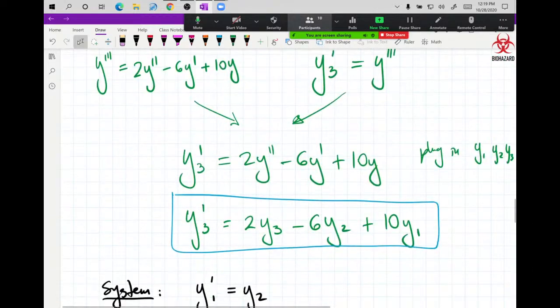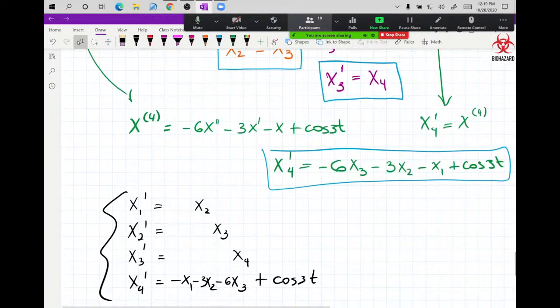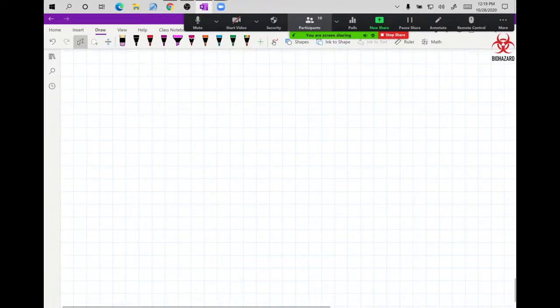So now we have examples for the second, third, and fourth order ODE converted into a system. You are welcome to go back in the video as many times as you need to come up with all of these systems. Now, there's only one thing left for us to do, and that is to solve